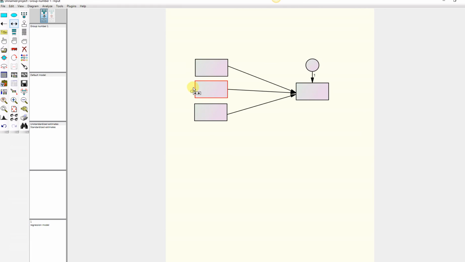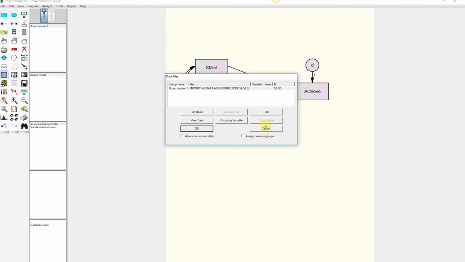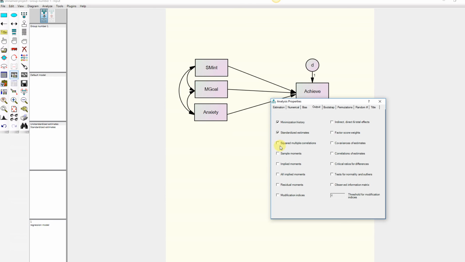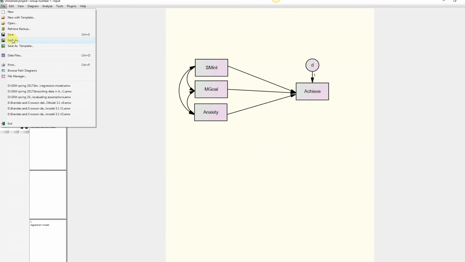Go under text and just type in D. And so again, we've got the XLS file that's here. And in analysis properties, I'll just click on what we had before. And so now when I click on save, or actually I can click on save, but I'll just go ahead and run it, and it'll request me to give it a name, so I'll just say regression 2. And there you go. And so now it's been imported. I've got all my estimates as before. So that's how I got the data file from Excel into